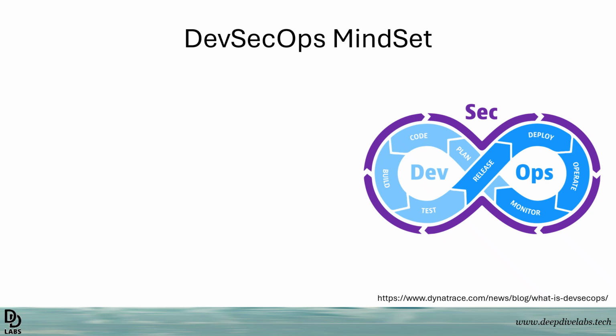DevSecOps is made up of three separate words: development, where your essential agile planning happens, you discover, do your design, develop and test. And then, in a typical software application, you also have to deploy your application. That is typically taken care of by the operations team. The operations team is in charge of the release of the tested code, then they do the deployment, operate